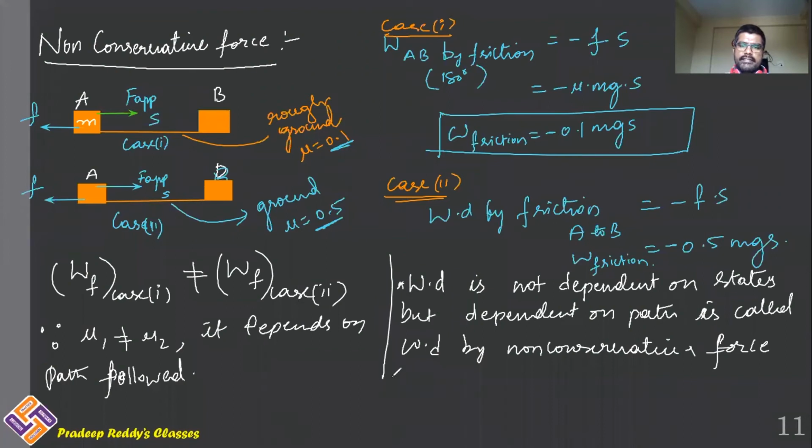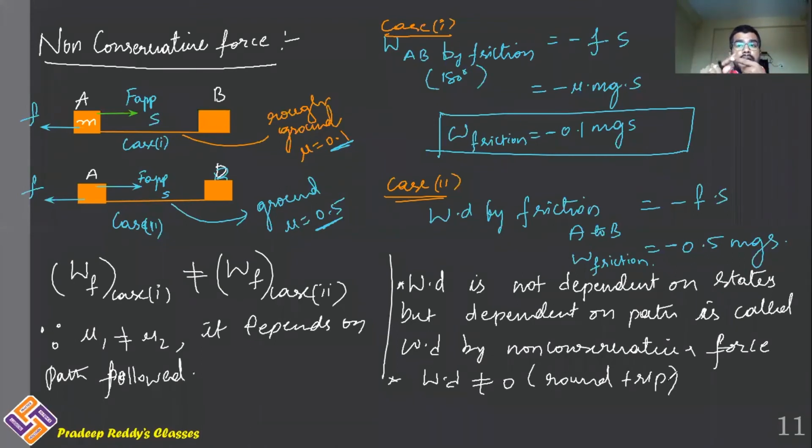Okay, next, in this type of non-conservative force, work done will not be equal to 0, even for round trip also. Even for round trip also, work done will not be equal to 0, because when the body is going from A to B, due to friction, there is some loss in the energy. There is some heat energy produced over there. When the body is coming from B to A again, there is some heat developed. There is some loss in the energy.